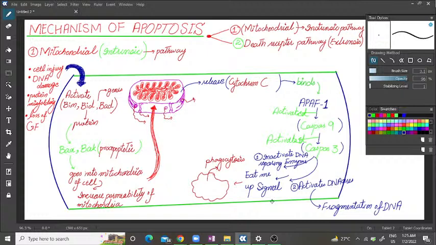its surface starts producing certain signals, and those signals are called the eat me up signal, because the cell says that I am not useful anymore, please eat me and remove me from the system. So when the eat me up signal is generated from the cell, the phagocytotic pathway of the body becomes active, which is performed by phagocytes,